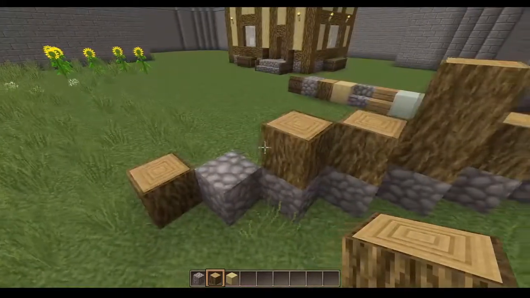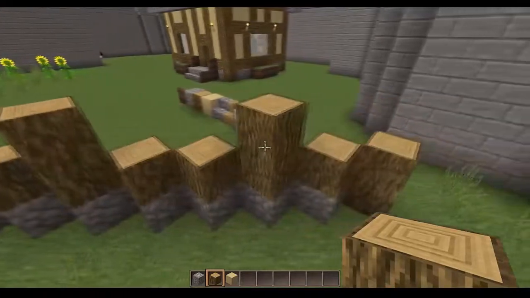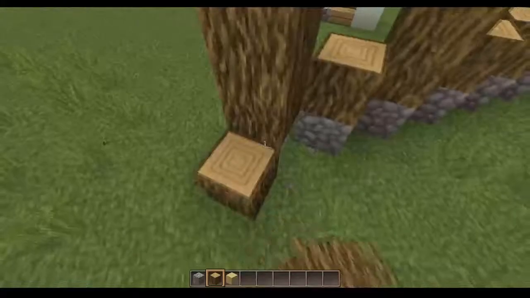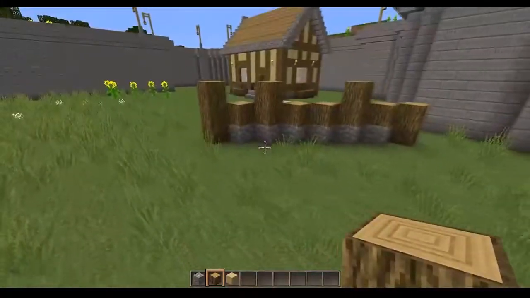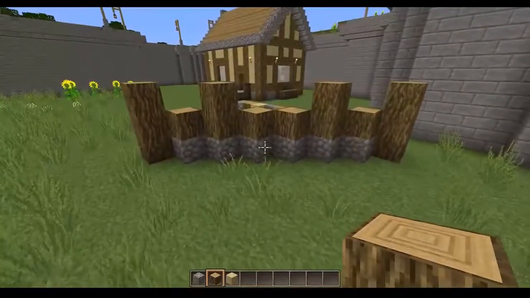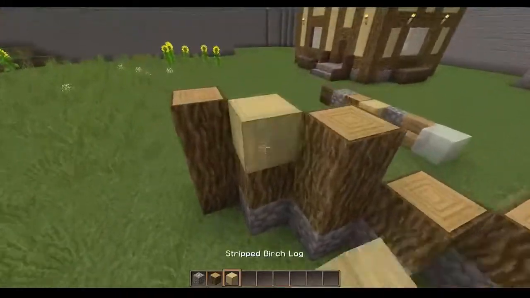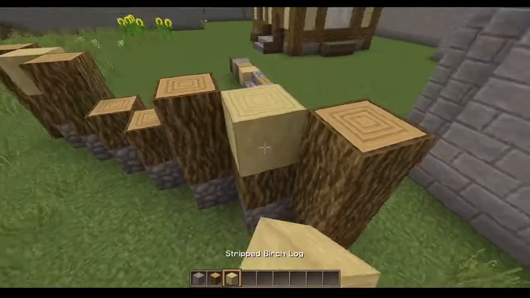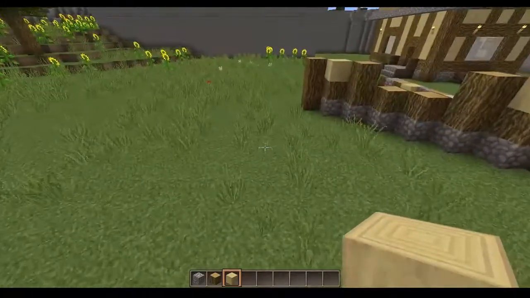So I don't think I need them to. Does that look about right? Because that's the edge of the build. Then you would have this, then the glass, then that again. Yeah, okay, I'm trying to do the outline